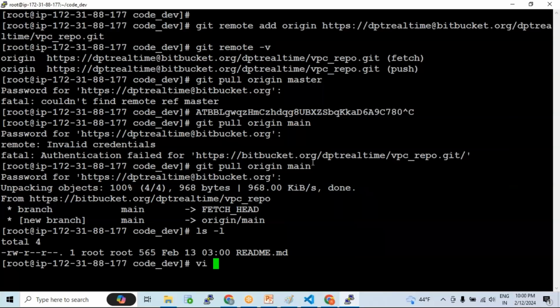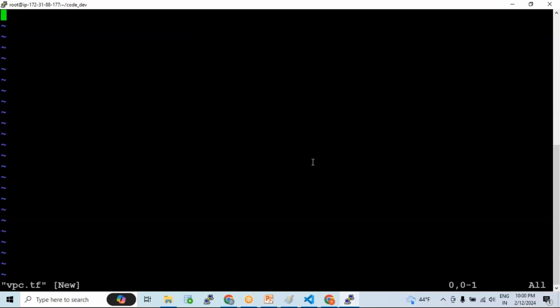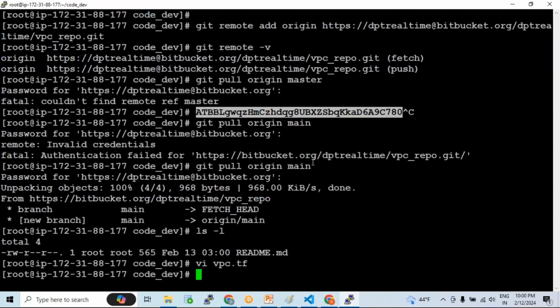Vi, let's say vpc.tf file, right? And you do some changes to the code. I'm just putting some simple code. Right? Now save the file. Now you do git add to add the changes to the staging. Of course,